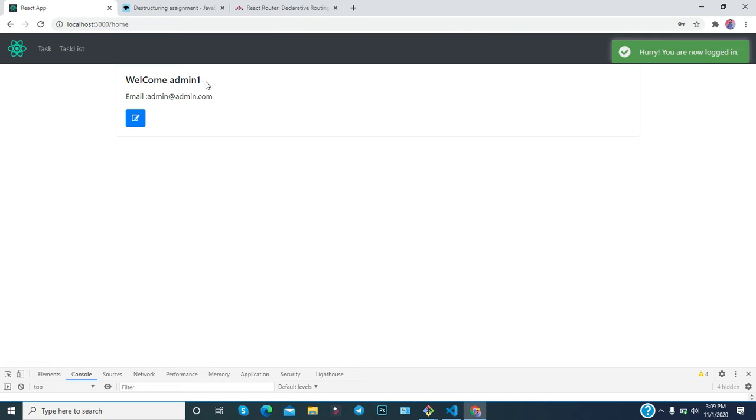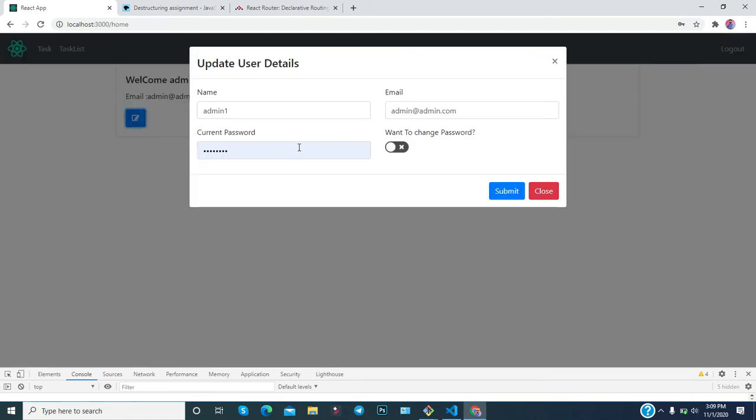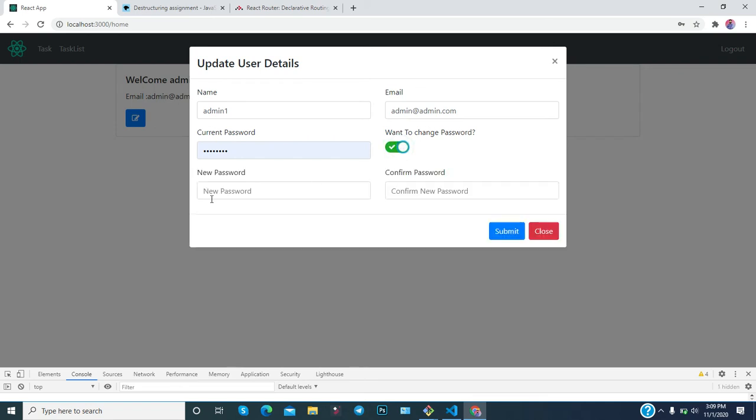This is a very basic example, and I am going to talk about how you can manage all these things. In this way you can change the name or email ID, and if you want to change the password, you need to click the toggle and provide the new password you want.